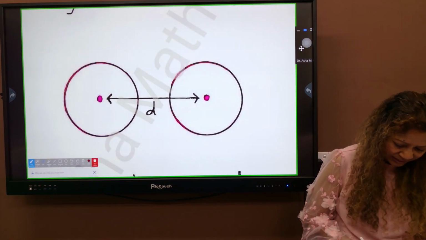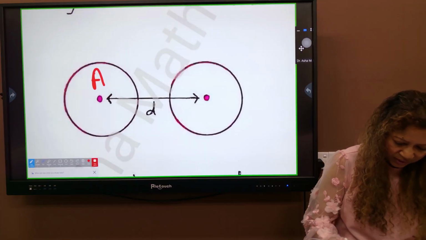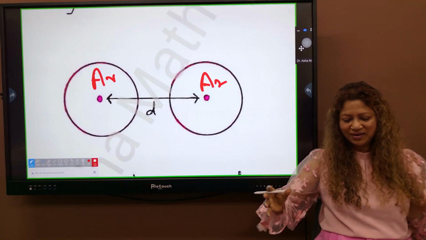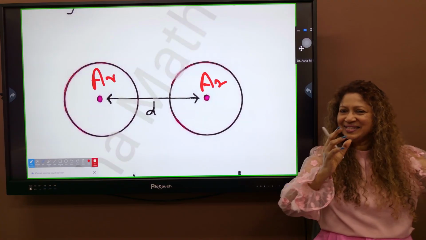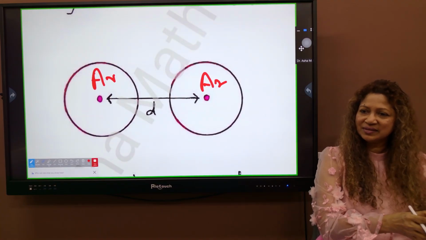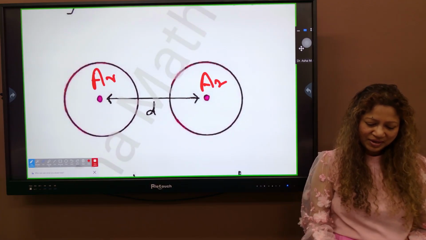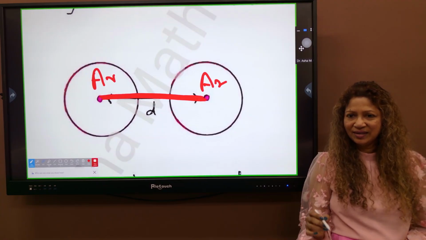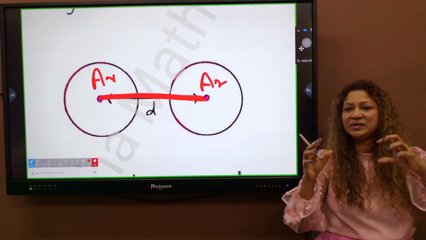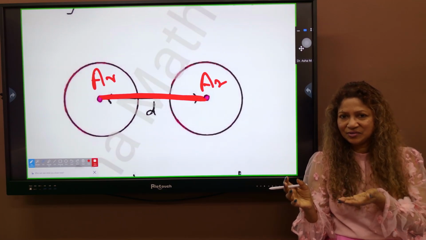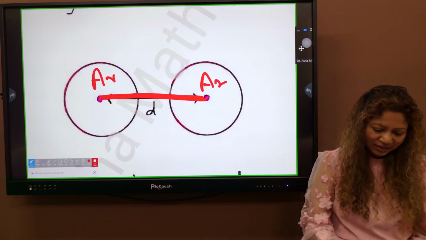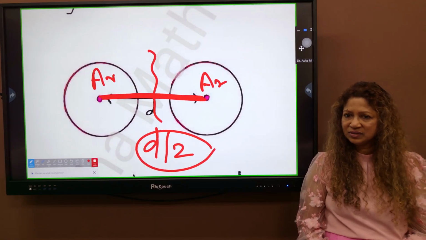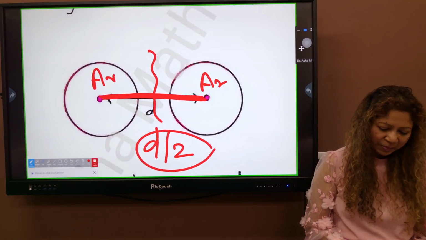So let's say this is argon. One argon, another argon. So that's again two different families. They don't want to get married. They want to make kids in their own family, in their own house. They live all by themselves. Understood? Okay, because they are happy. Why are they happy? Because they already feel completed. They have a fully completed configuration, s2p6. Understood? That's why they don't want to connect. Then get the distance between them; that D divided by 2 is again the van der Waals radius. Understood? Okay, this is the full part of